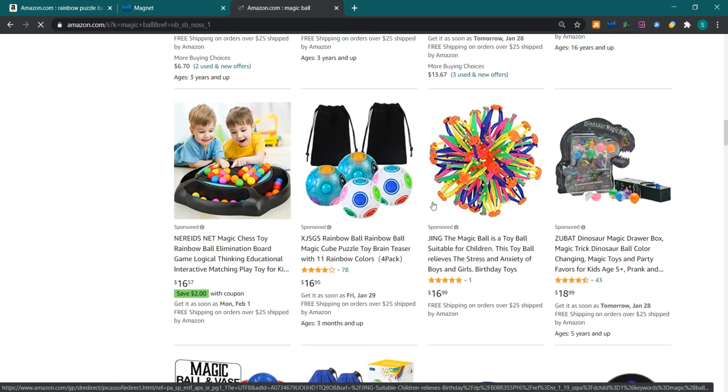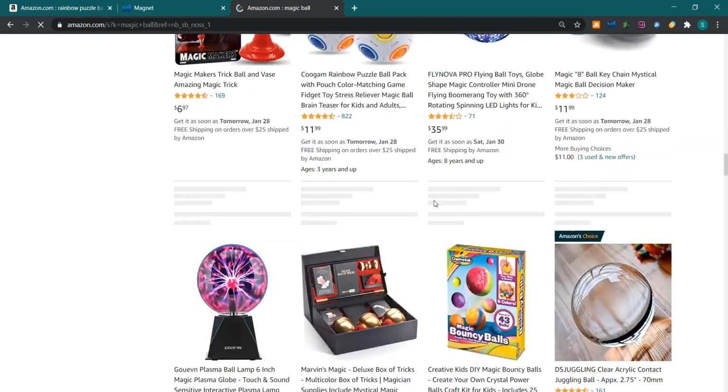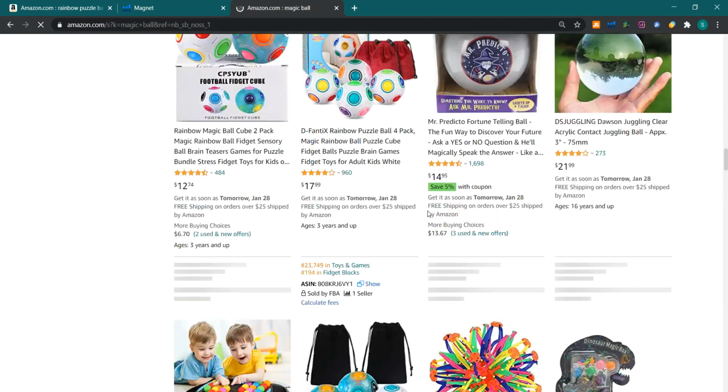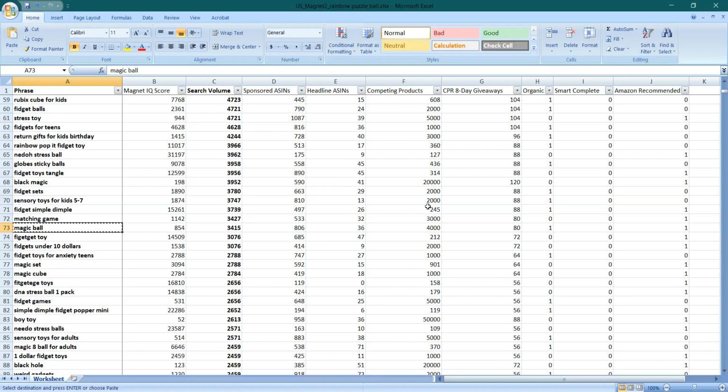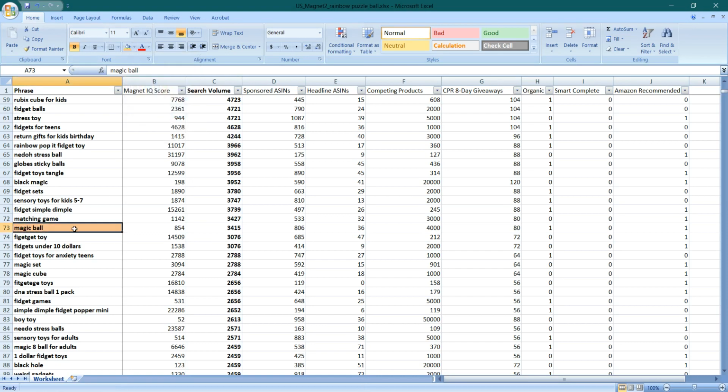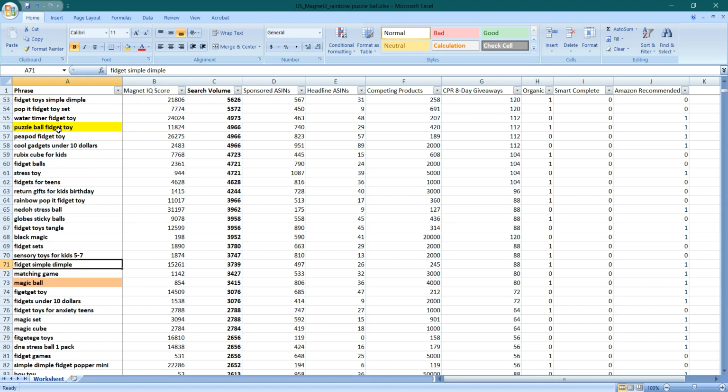Alright, so it is showing a mix of products. It is not highly relevant, but it is slightly relevant. So I can put it in some other color. I am assigning it this orange color. Orange color means it is slightly relevant. So it is a second category keyword, not the first category. I am highlighting first category keywords in yellow.